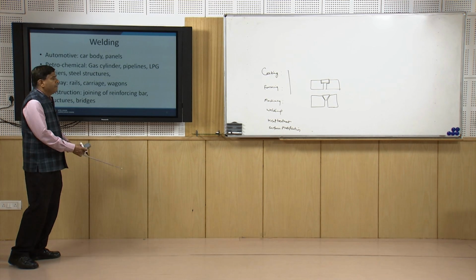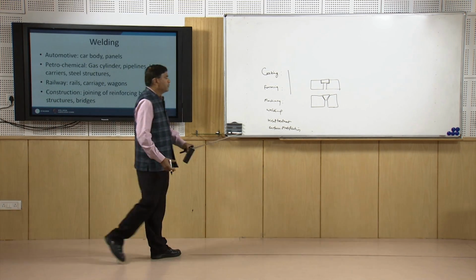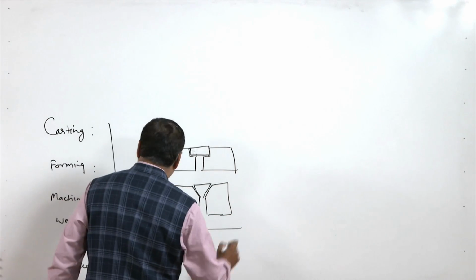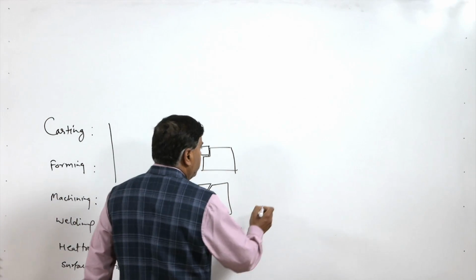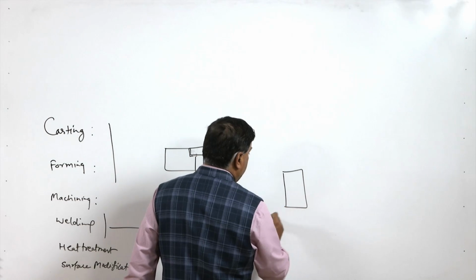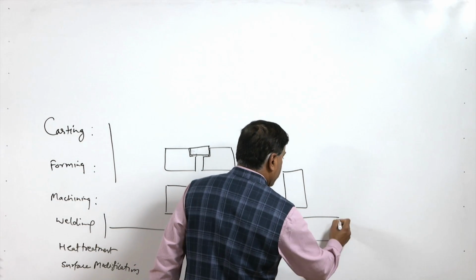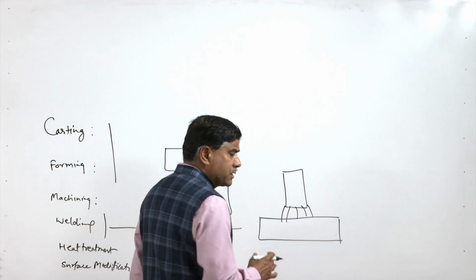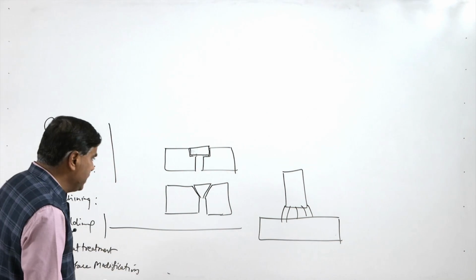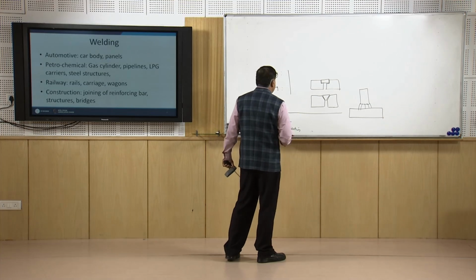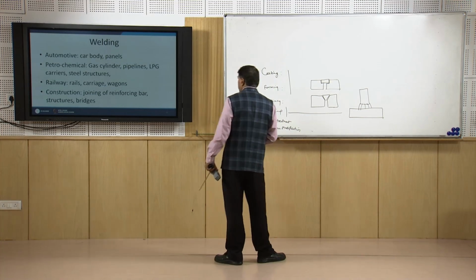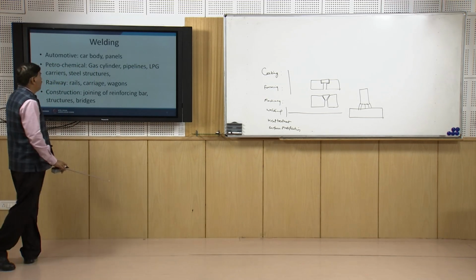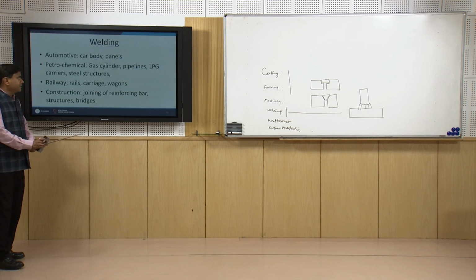Coming to welding, welding is used for achieving those geometries which otherwise cannot be made by the forming, casting or machining processes. So, what we do, we take simpler shapes and then they are joined together by one or other joining processes. It is also used for making complex shaped gears or complex shaped components and geometries using simpler shapes. And the typical application of welding in the different sectors include